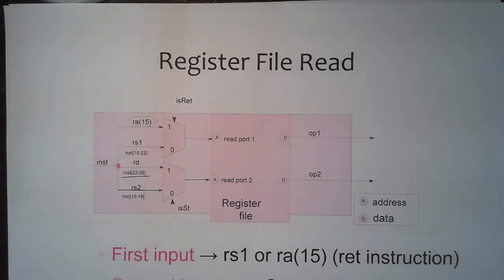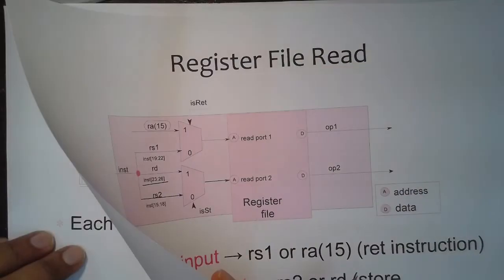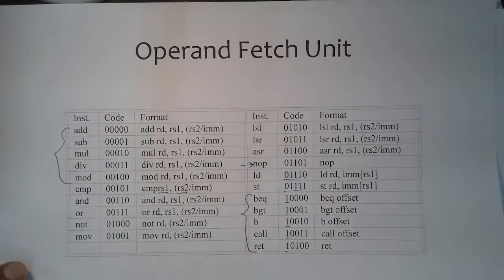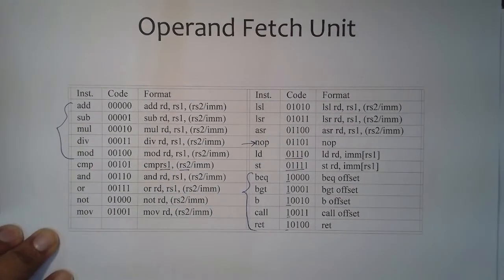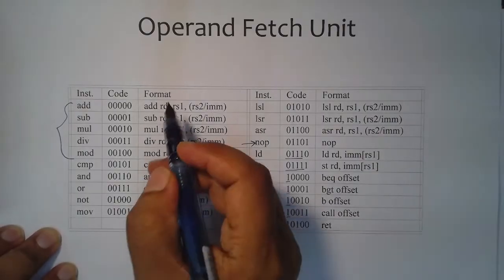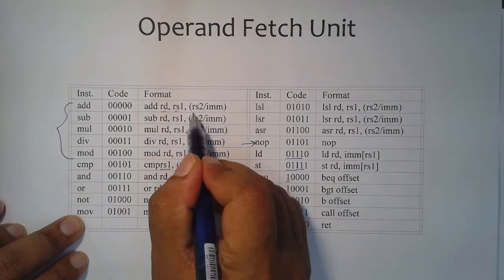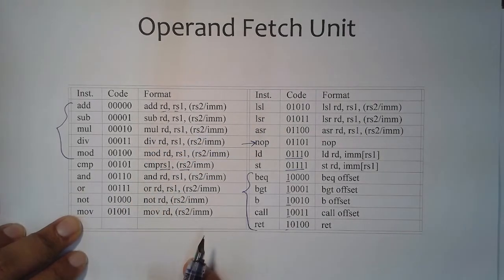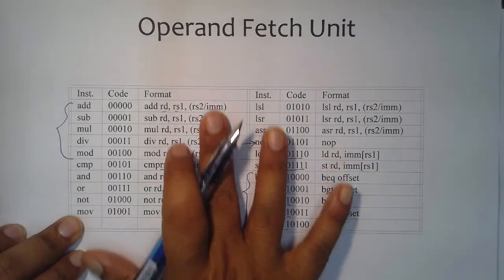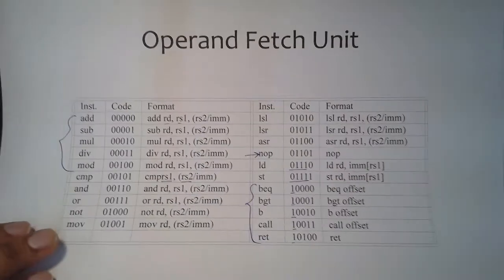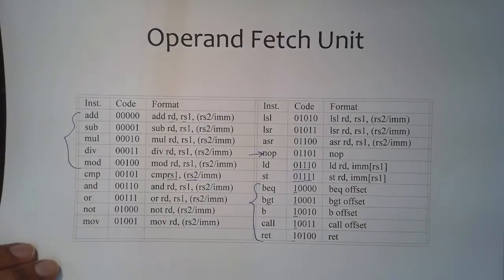So let me go back. Let's look at what the instructions are which deal with the register. You see that all these arithmetic operations have this destination register and the 2 source registers. We are not talking about immediate when we are discussing register file read. And so in the 32-bit